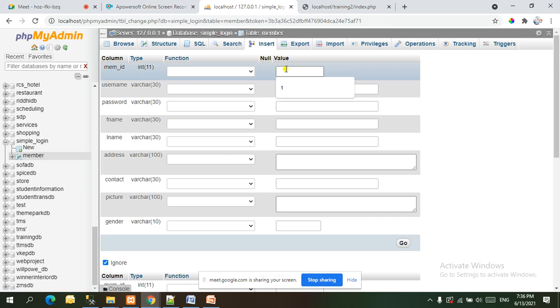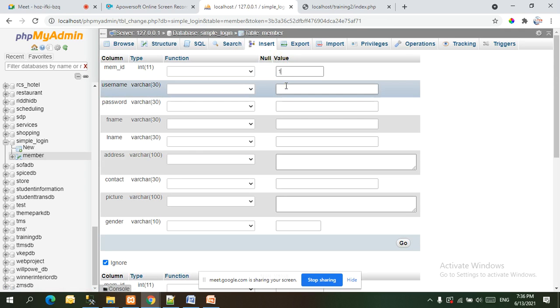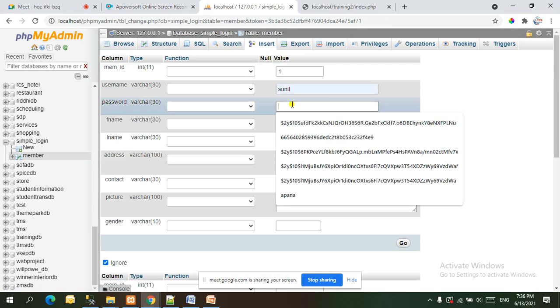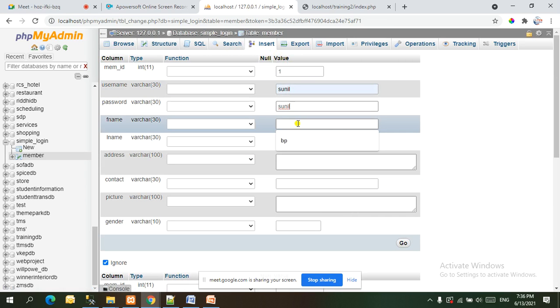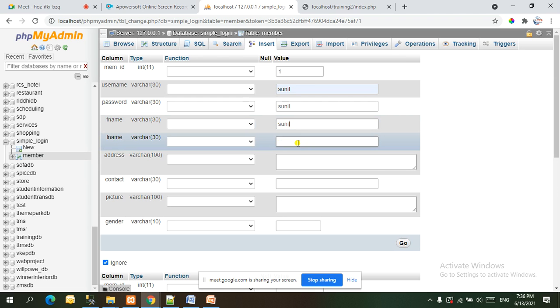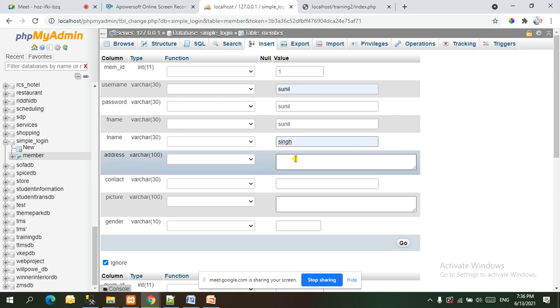Here member ID I am going to give 1, username Sunil, and password also Sunil. I have not used any encryption. First name is also Sunil, and last name I am going to give Singh. Address I am going to give Bangalore.